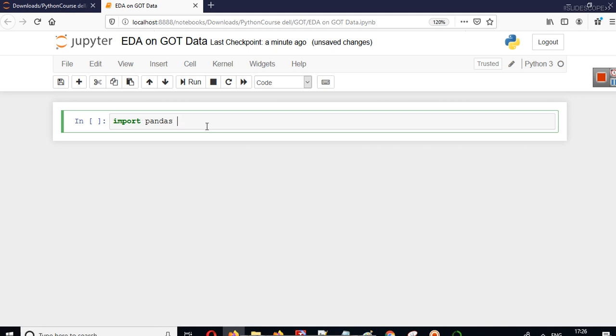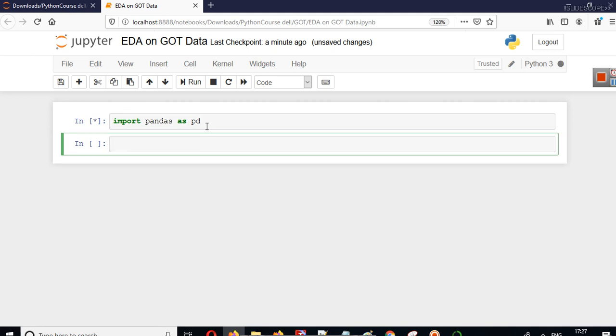So import pandas, and then we will use an alias here as pd, so we don't have to write pandas again and again, because we'll be using many methods of this library. To use methods of any particular library you have to write the name of that library, then use a dot, and then call the name of that particular method. So import pandas as pd.